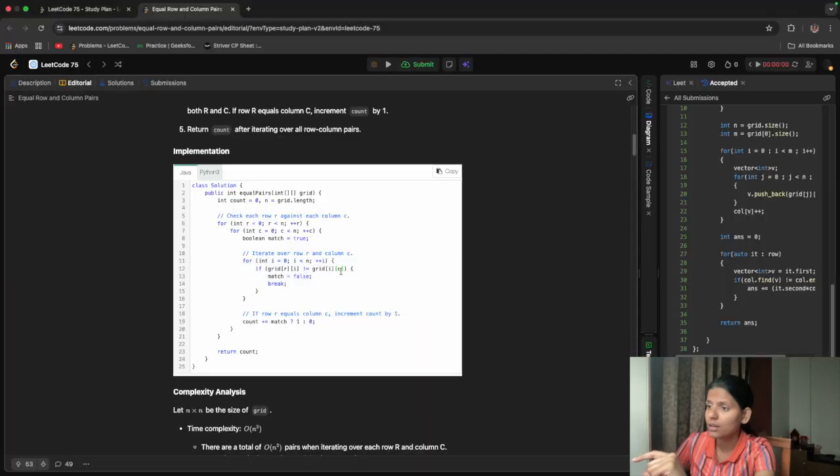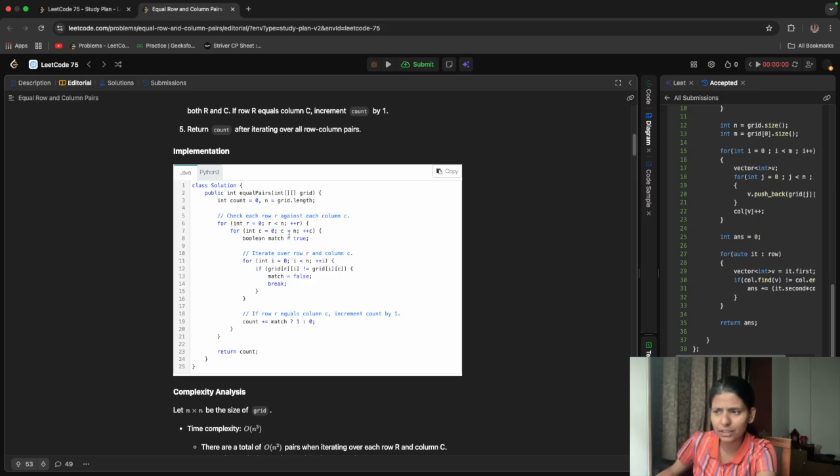And how is it every column? I and C. We are checking it with the ith row and columns. And for this for loop, the column is the same and the row goes from 1 to n. So what it indicates is that it is a single column and this is a single row. Those are the cells of that column, but the intuition behind the implementation is that it is a single column and single row. Then if it does not match, we break, and we'll check it.